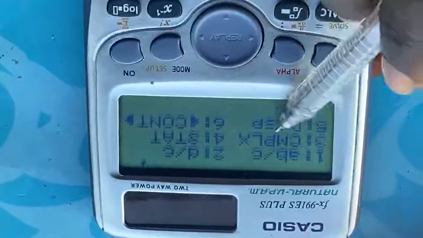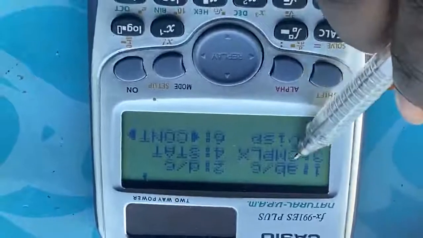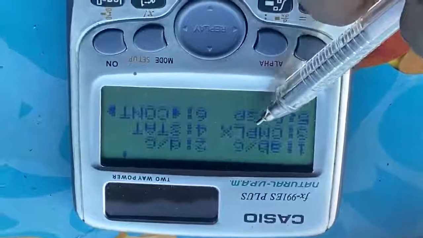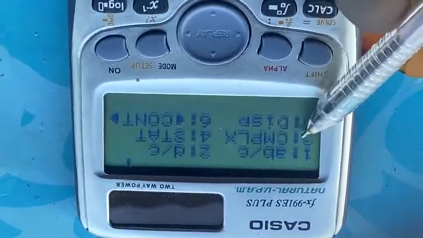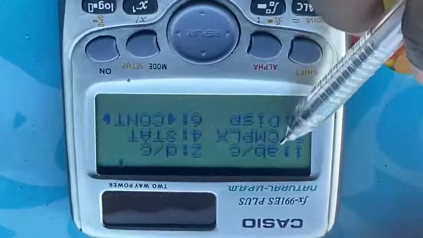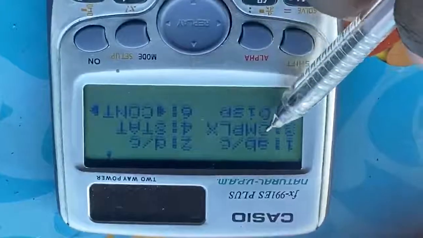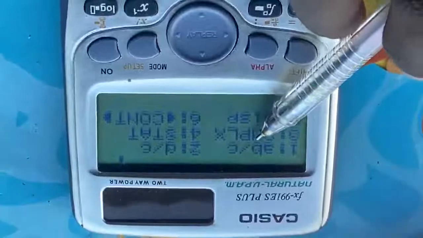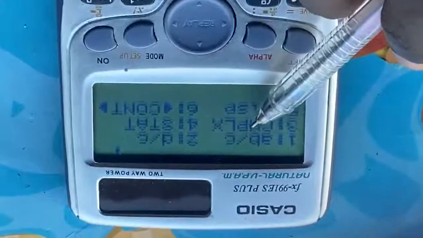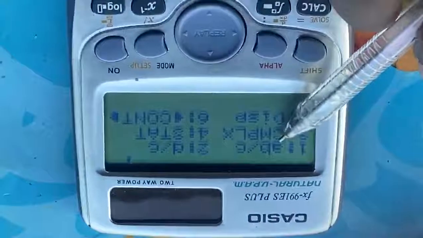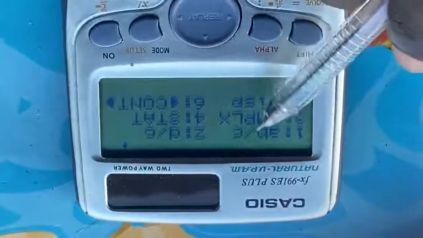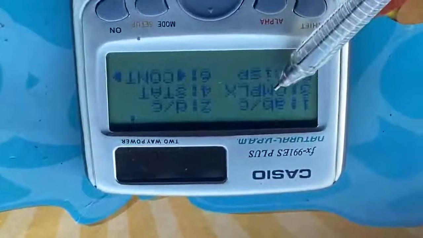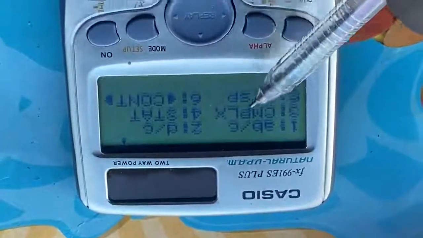And this number 3 here is called complex numbers. It stands for complex numbers too. You know that we have seen complex numbers before in our mode. But what this one here is of use is, when you click it, you see 2 more functions, which are the rectangular function and the polar function. So sometimes you might be given a question, maybe your question will be in polar form. Then they will ask you to make sure that your answer is in rectangular form. So all you just need to do is